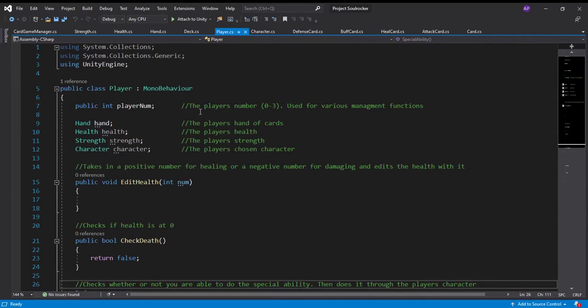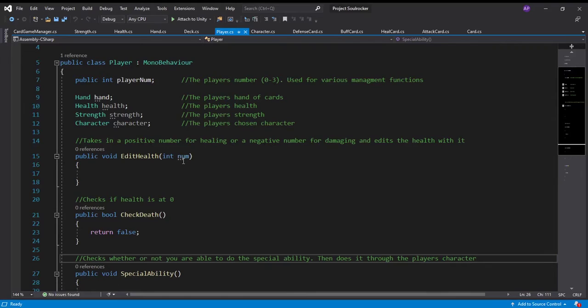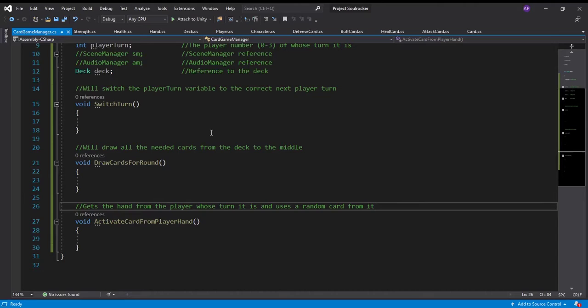And you can see here I've commented every single function. I have a reason right above it, the function of the function, what the function actually does. And it's great to do this, because if you can't come up with a reason why you have this function, then do you really need it? For example, in Card Game Manager, I had this activate card from player hand function in the UML diagram. And while I was writing this, I was thinking, okay, do I really need this? I know in hand